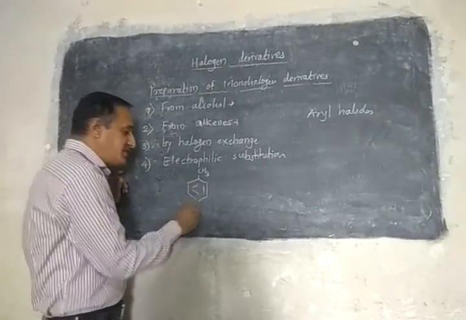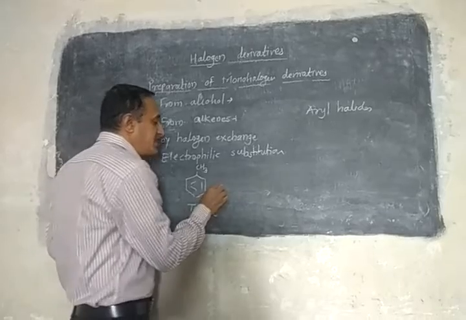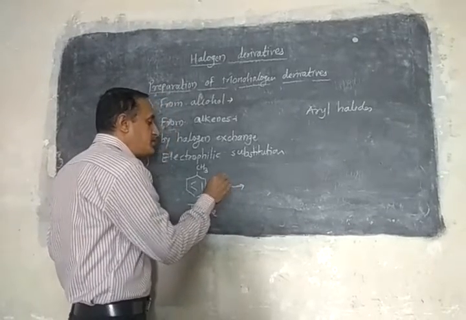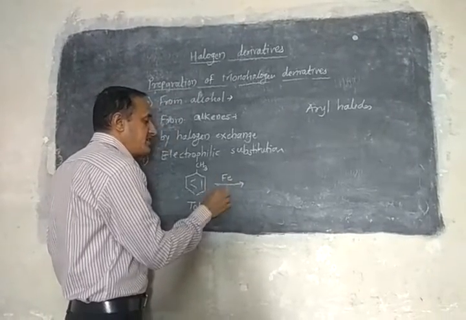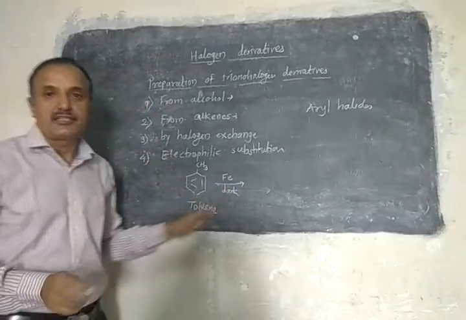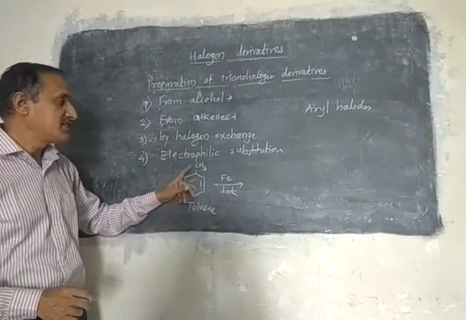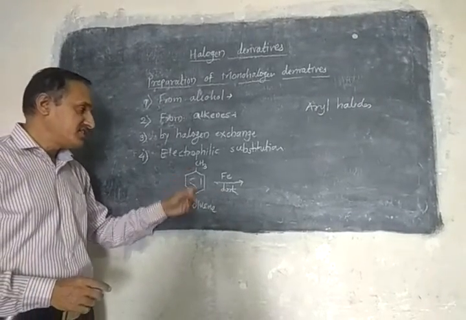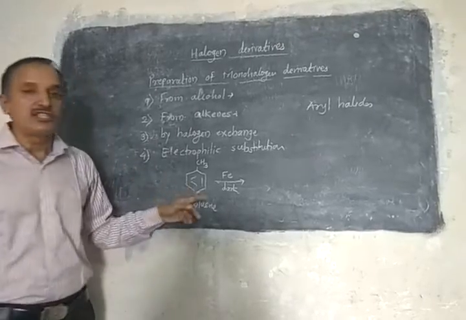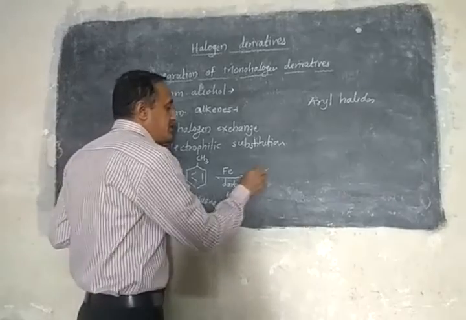When this methyl benzene, also called toluene, reacts with bromine in the presence of iron in the dark at ordinary temperature, then we get